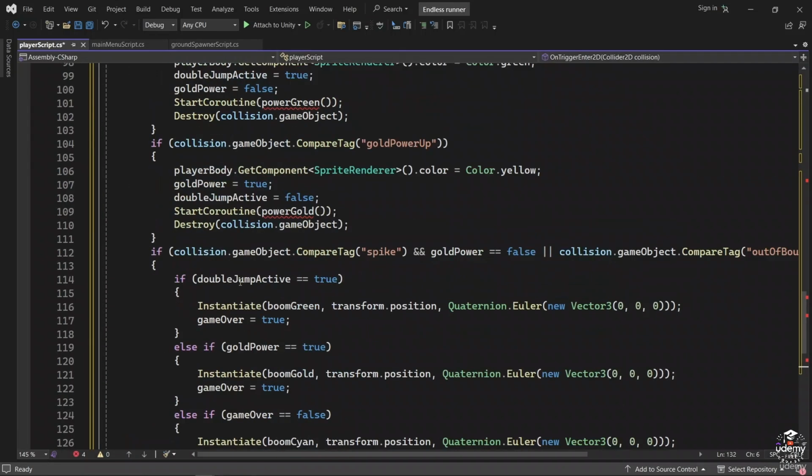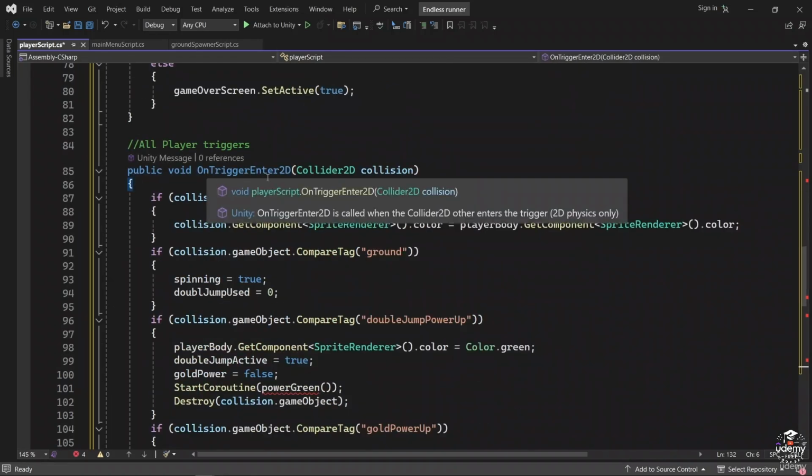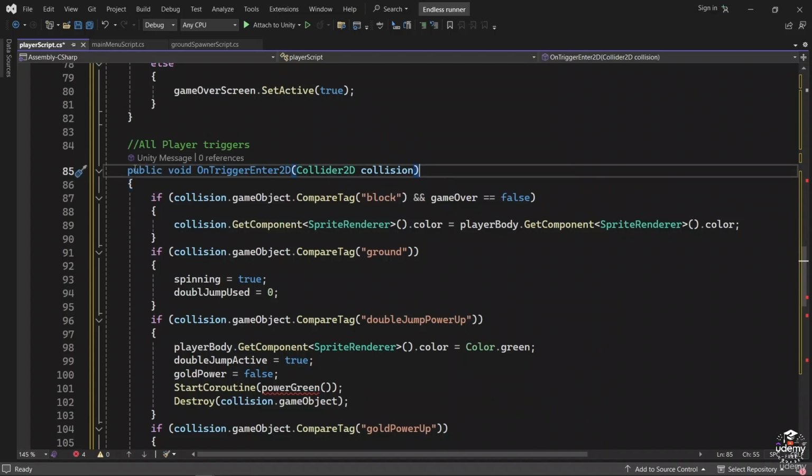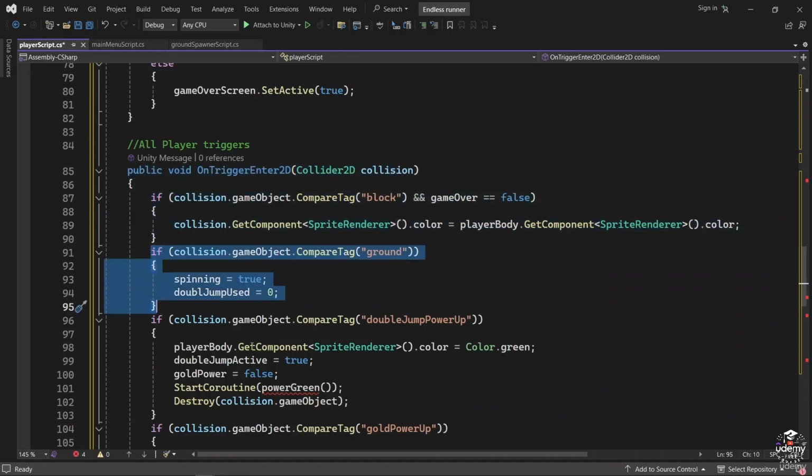All right, so starting off, we are going to have a public void OnTriggerEnter2D(Collider2D collision). So this is just a function in Unity where we can basically tell whether or not we're entering certain triggers throughout the game, okay? So if a trigger happens in our 2D game, we're going to look and see what tag it is. That's what all these if statements are for. Every single one of these if statements is looking for a specific tag or another bool that we have with it, okay? So the first one here is if